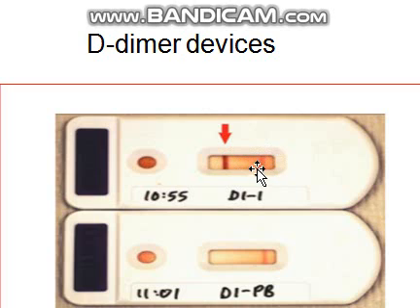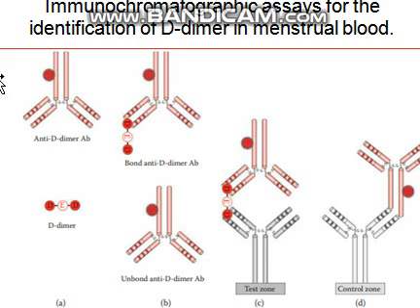And in the control zone, you will always get a band to know whether the kit is working or not. Okay, so here is the principle: initially, in the sample zone, you are going to put the sample. The thing that you are looking for, the detection, is of D dimer, which is a part of the FDP. D dimer acts as an antigen, and the antibodies generated against D dimer are used for the identification in this process.